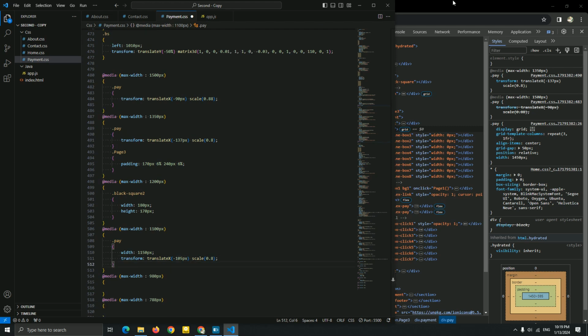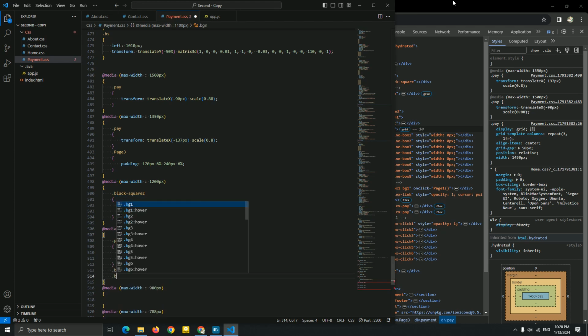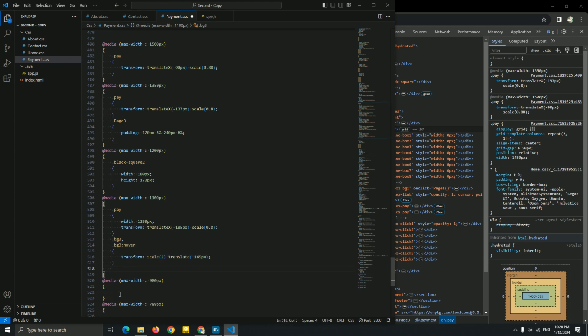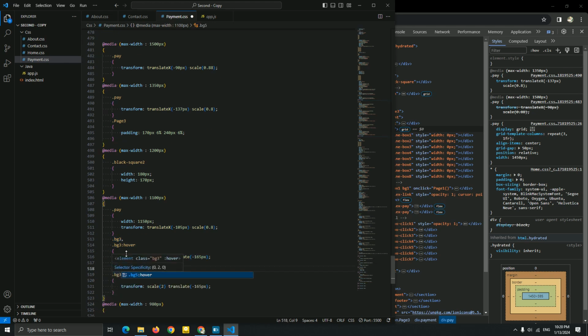Okay, first I'm just gonna add a bg3 and the bg hover 3, bg3 hover, I'm sorry. Okay, now let me add a transform scale to translate minus. Okay, this is our bg3. Gonna copy this, paste it, bg5 and the bg5 hover.